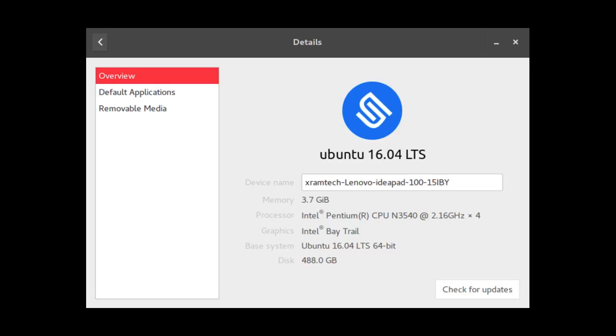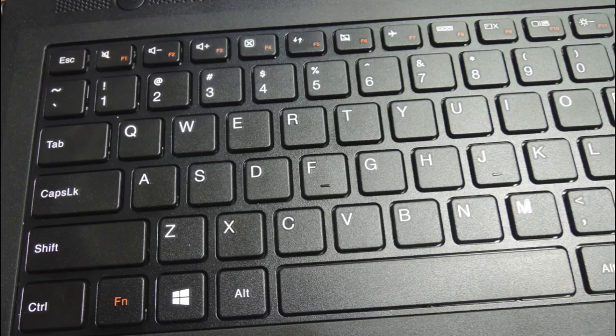These are the specifications of the computer I'm using, and as you can see, although it came with Windows 10 installed, I've already overwritten that with Ubuntu 16.04 GNOME. The key combination for accessing the system settings on this computer is function F2, but before you can access the